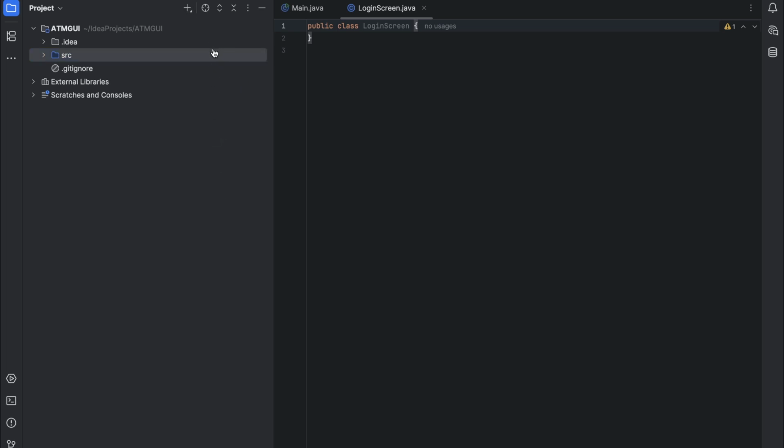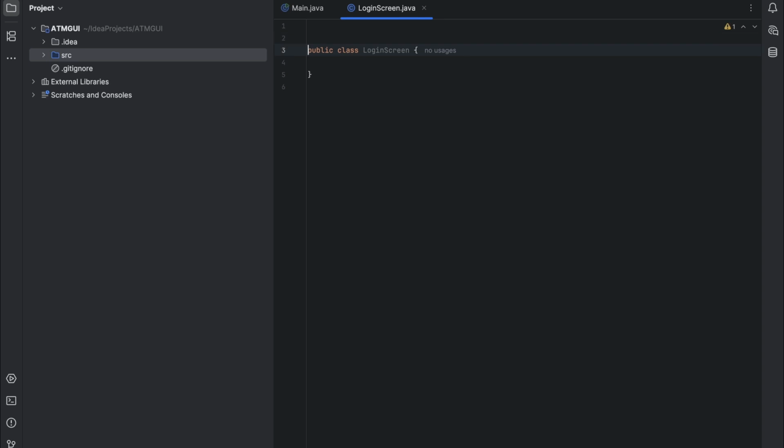So if you're creating a Java file, it ends in .java. If you're creating Kotlin, it ends in .kt. Whatever you're creating in IntelliJ ends in whatever you clicked on. Okay, so you don't need to stress yourself to say login.java. So we need so many classes to make this. First of all,